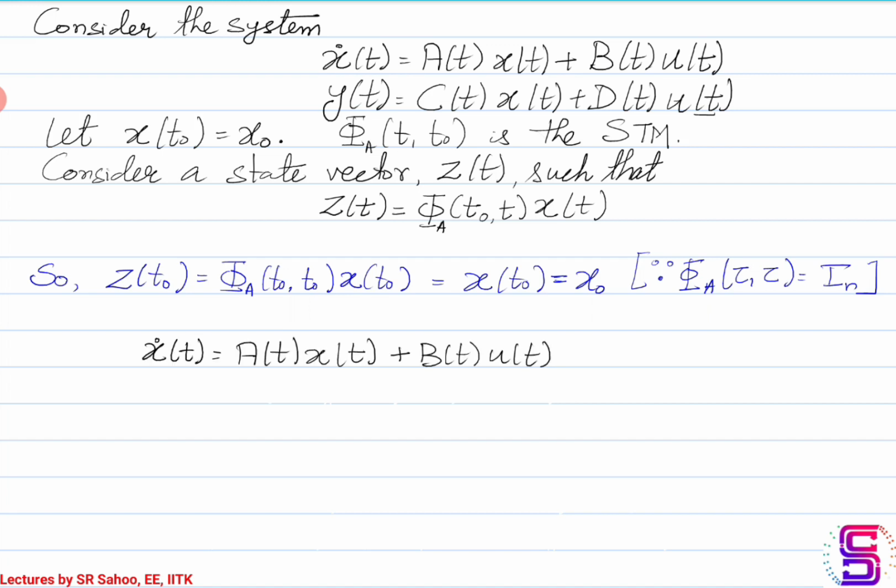Now how do we find the solution? What we'll do is try to find what x(t) is in terms of the input and the initial value x0. Once we find x(t), we'll substitute the expression into y(t), and we'll get an explicit relationship of y with respect to the initial condition and the input u(t).